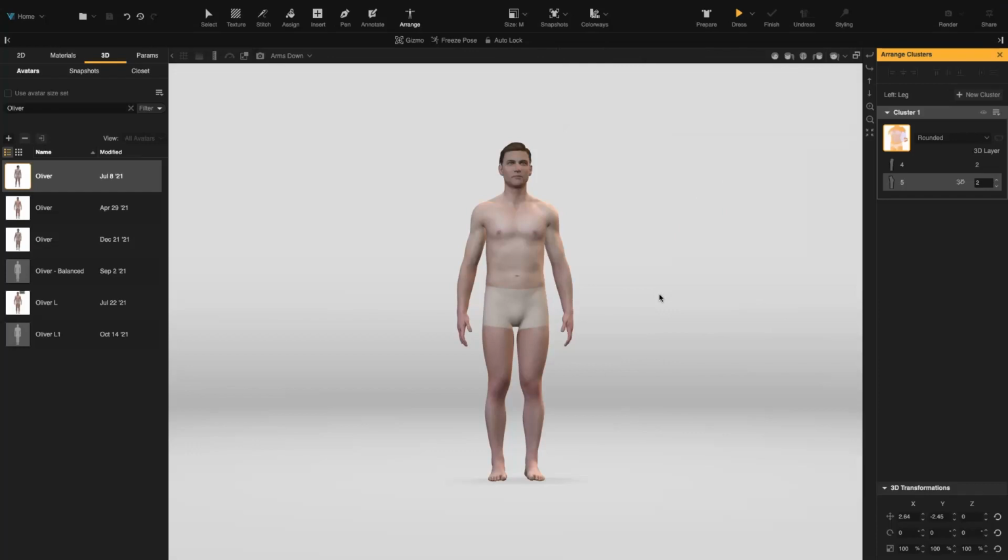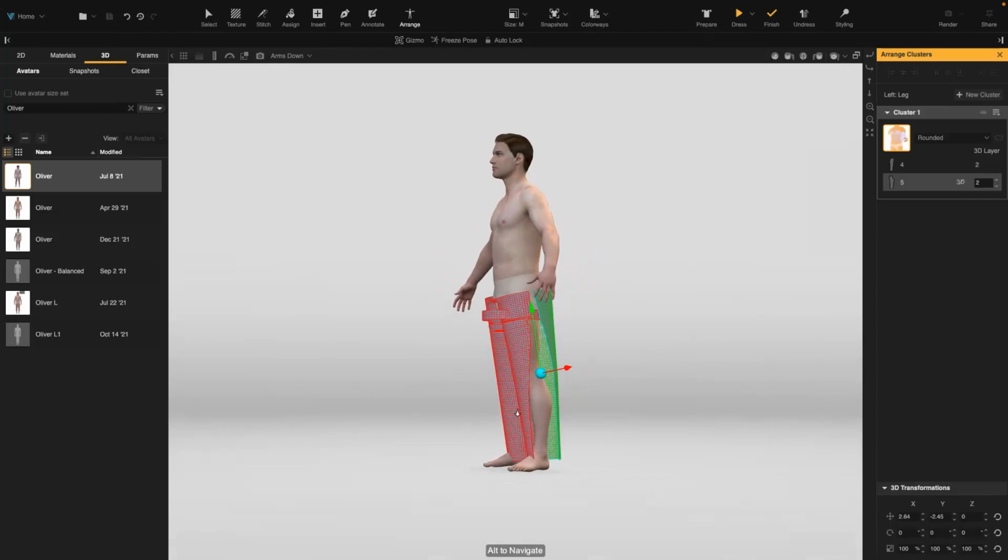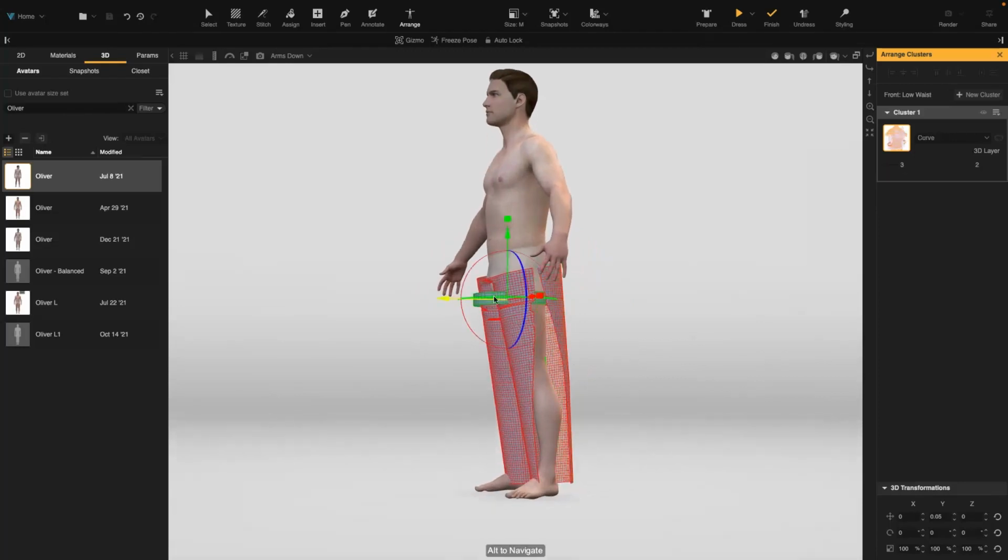We'll enlarge our 3D window so we can easily navigate around our avatar. In prepare mode, we use the 3D gizmo where we need to improve the position of any pattern piece on the avatar. We want to position each piece so it sits where it would naturally drape on the body for the best